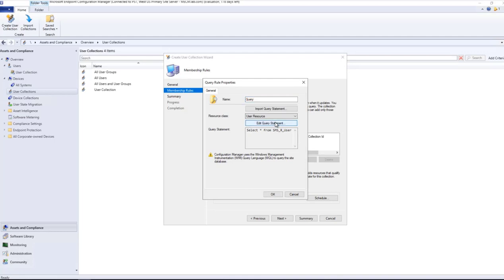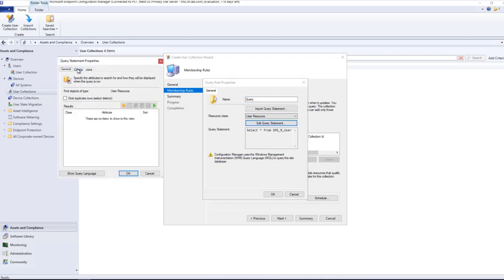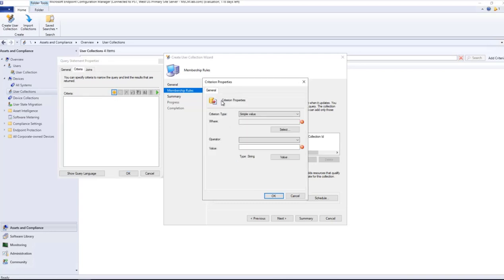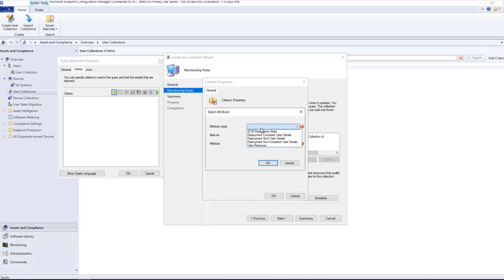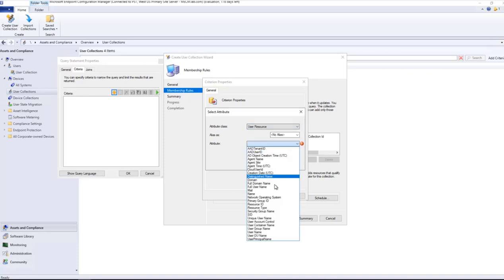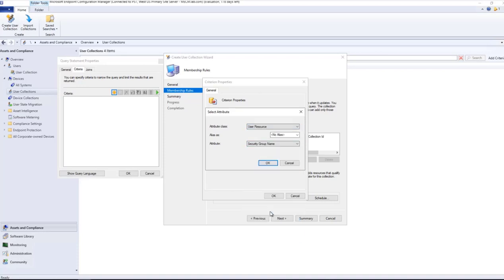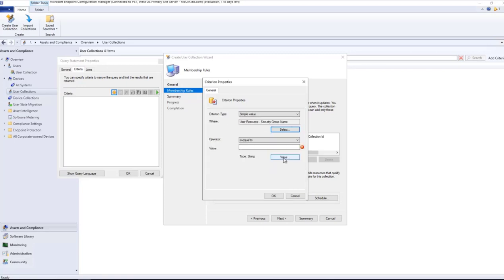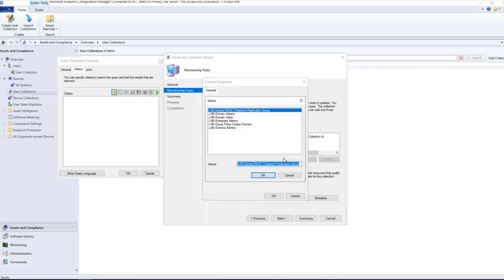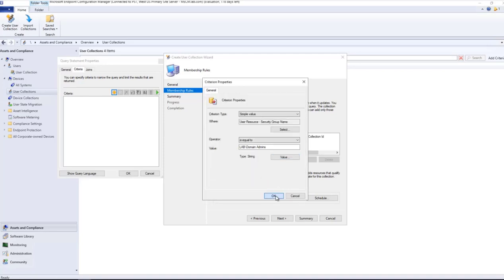So if I go to edit query statement, I will go to criteria, and here there is a star sign. I will select that, and then I will get a window of criteria where I will select the attribute class as user resource and attribute. So if I select a security group name and press OK, I need to select a value. It is saying which particular group you are referring to. If I select this particular group, domain admins, I press OK, OK,